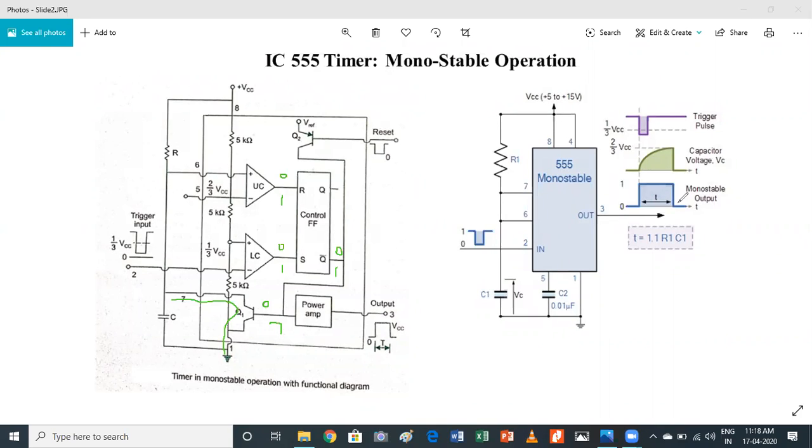Whenever we apply the input trigger, only then it goes to unstable state and then comes back to its stable state, which is called permanent state or temporary state. So whichever term we can use. Okay. So to find out the pulse width of the output, T equal to 1.1 R and C components. This is R1, C1, nothing but these components. So based on these timing components only, this pulse width timing is determined.